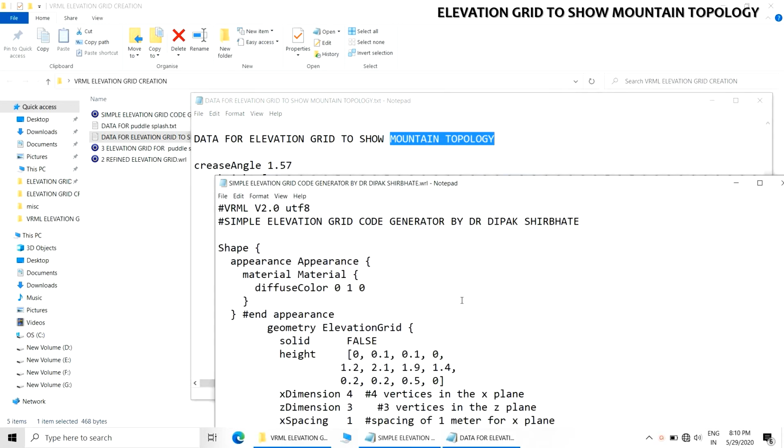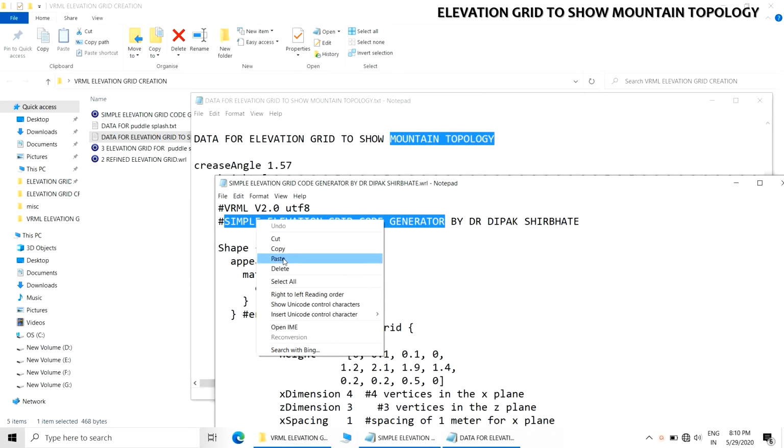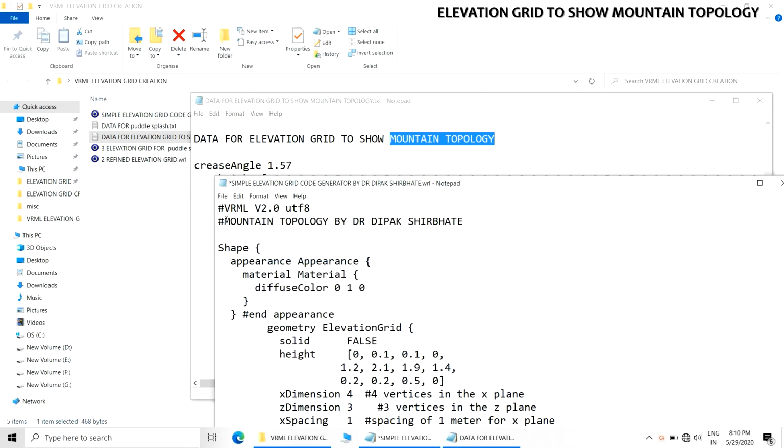I will be creating a mountain topology with the help of this code. So it will be called elevation grid to show mountain topology.